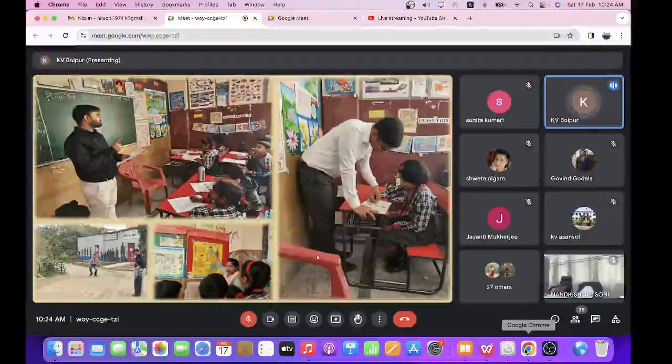The child whom the sir is helping to participate in game or social play is not usually so active and included in the different types of sports. So sir has found this wonderful opportunity during the games period. So he's making him understand that getting included in the game or social play is as important as doing well